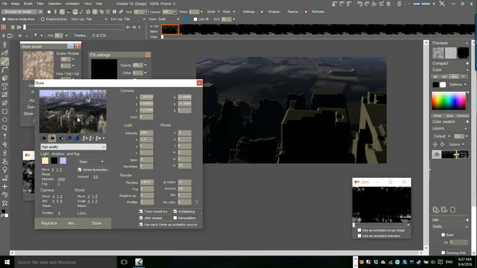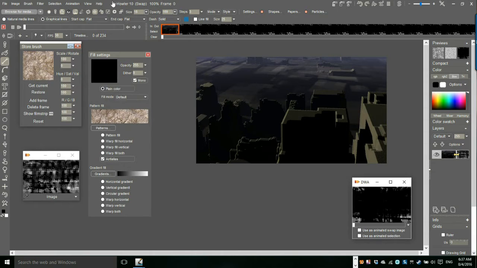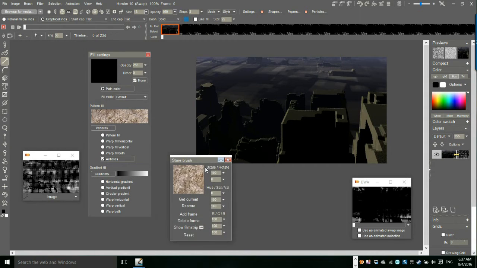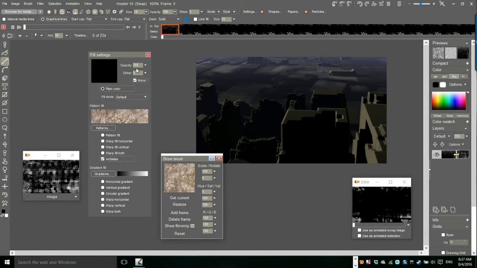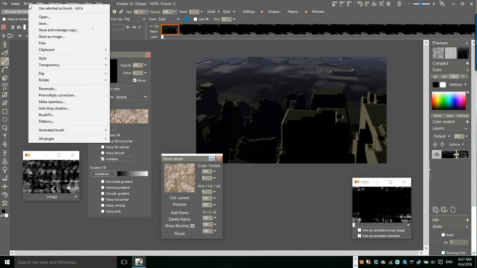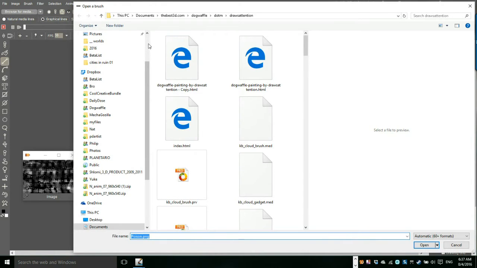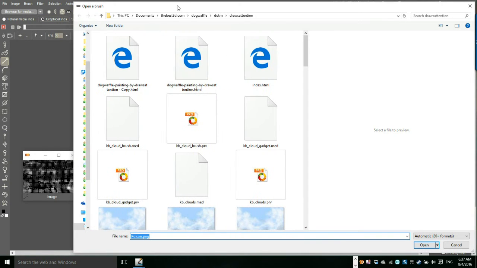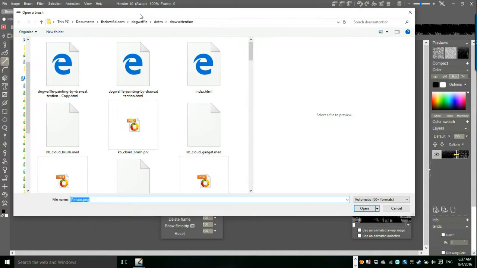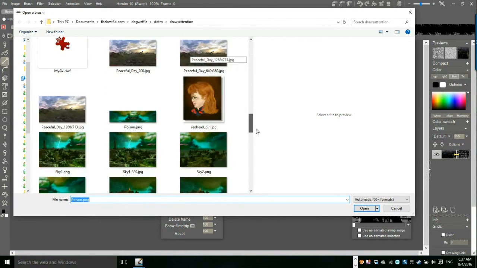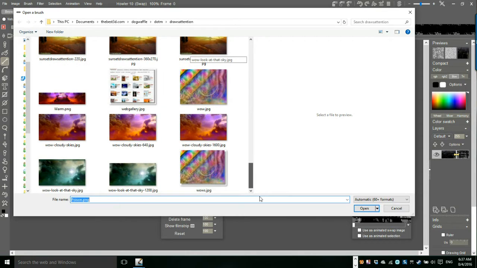What I'm going to do is show you, let's call this one done for now, and I'm going to replace this image with one that I actually have on file. So I'm going to go to the brush image for that. You can open an image and load it straight to the brush, to the custom brush. So here is a folder in which I have some images, and these images are actually from the Dogwaffle of the moment. And these are artwork by Draws Attention, and you may have seen the newsletter where we talk about